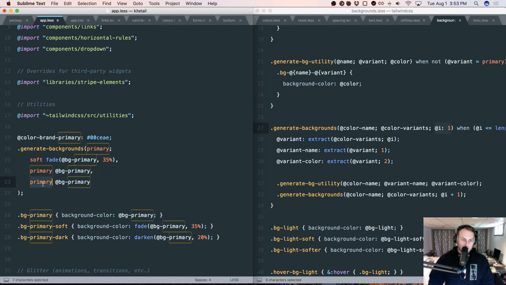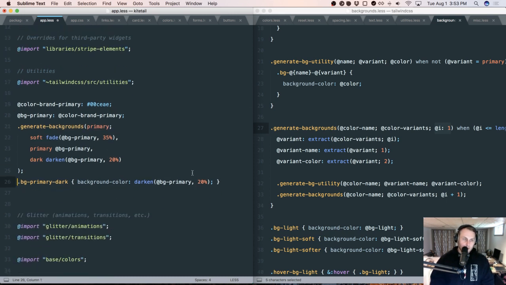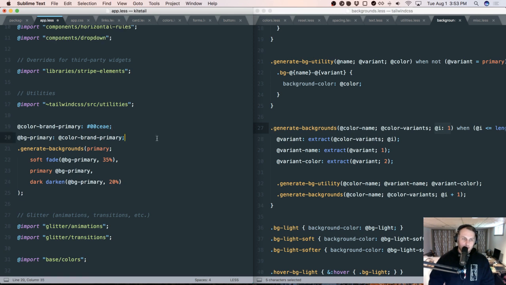And then we're going to have dark, which is going to be the darkened version of that. And now BG primary, we should define here for now as the same as color brand primary. Okay, so if we were to get rid of that,